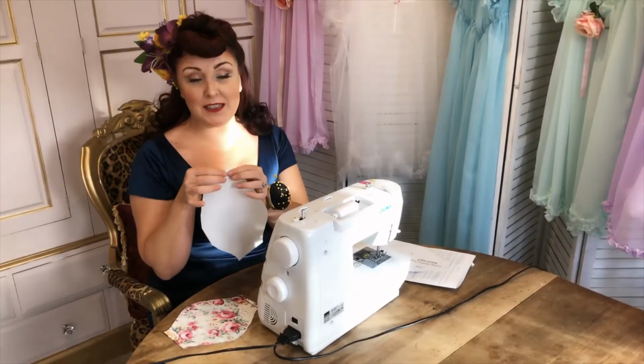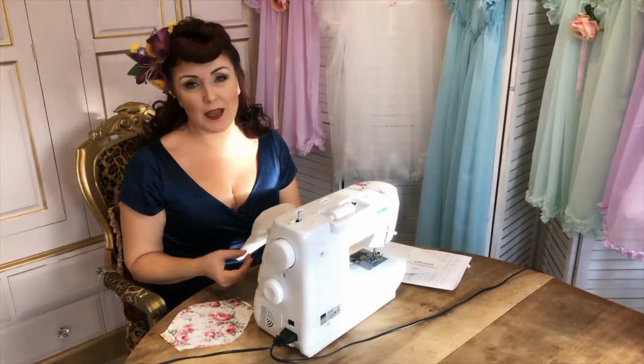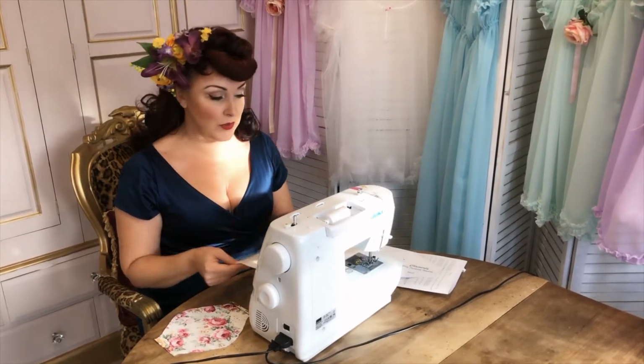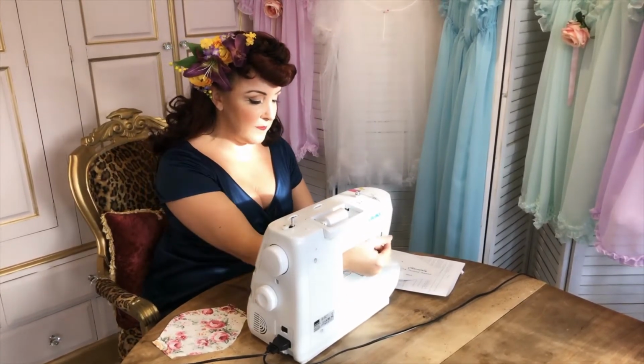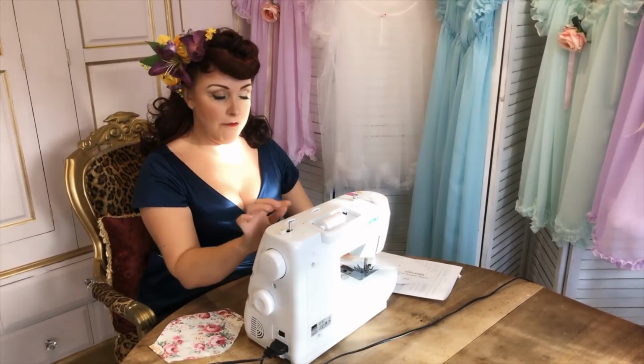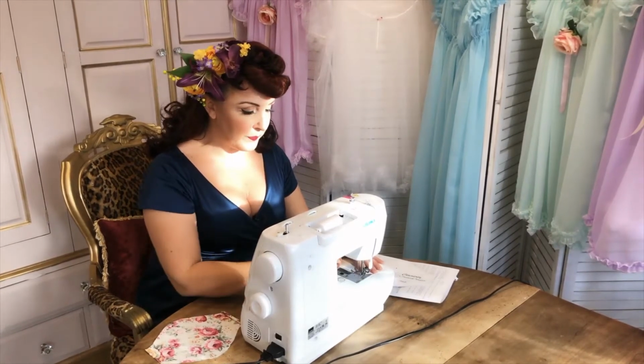So I'm now just going to stitch along the edges on the lining fabric and the outer fabric. Now of course you can hand stitch this if you're sitting in front of the television, it's really easy to do, but I'm going to use my sewing machine and I'm on stitch number 2.5, little back stitch,